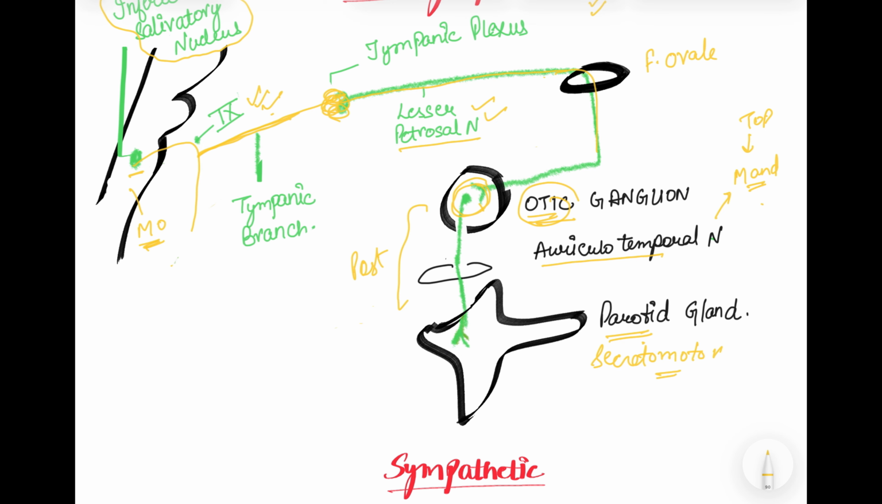So it will start from the medulla. Fibers are carried by glossopharyngeal nerve, then the tympanic branch reaching the tympanic plexus, then via lesser petrosal nerve it will reach your ganglia, relay over there. Post ganglionic fibers will pass through auriculotemporal nerve, reaching your parotid gland, supplying the secretomotor fibers, right? So now we will talk about another